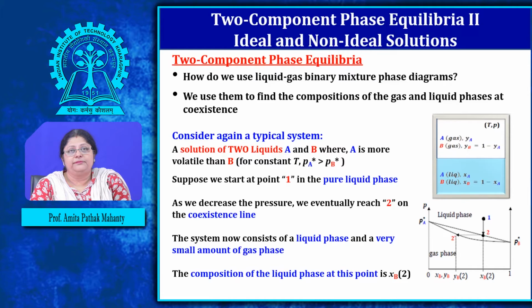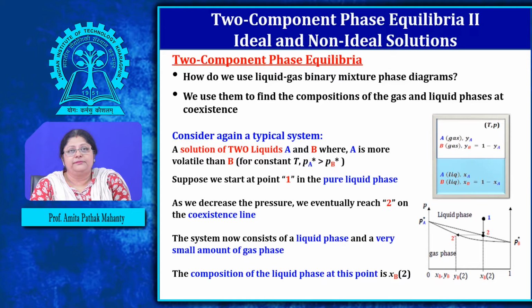Okay. So as we decrease the pressure, we eventually come to the point. At point 1, there is pure liquid; only at that point there will be no gas phase. As we lower the pressure and come down to point 2, then I have the same composition. I do not change the composition, it remains the same, only the pressure is put down. And corresponding to this point, I have the mole fraction of B in the liquid phase as XB2, and in the vapor phase, the mole fraction corresponds to YB at point 2. Am I clear?